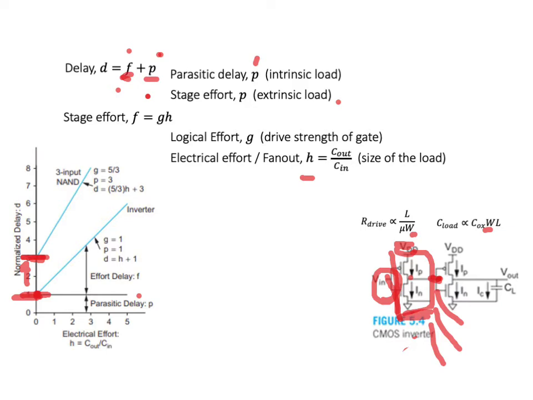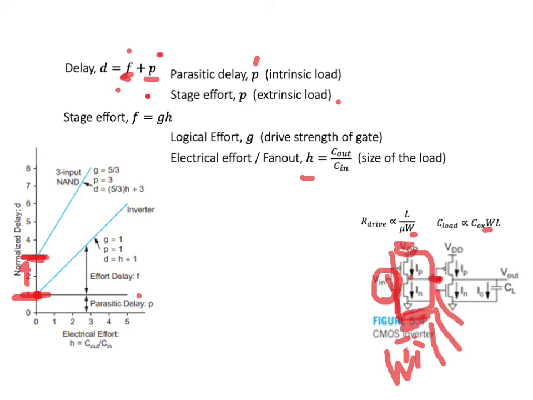We are comparing the ability of the gate which we are designing to drive a given output capacitance, and that output capacitance could be given by multiple gates or large gates with a larger capacitance. How do you compare that to its internal drive ability? We said that we can reduce the extrinsic delay by increasing the width of the transistors in the gate under design.